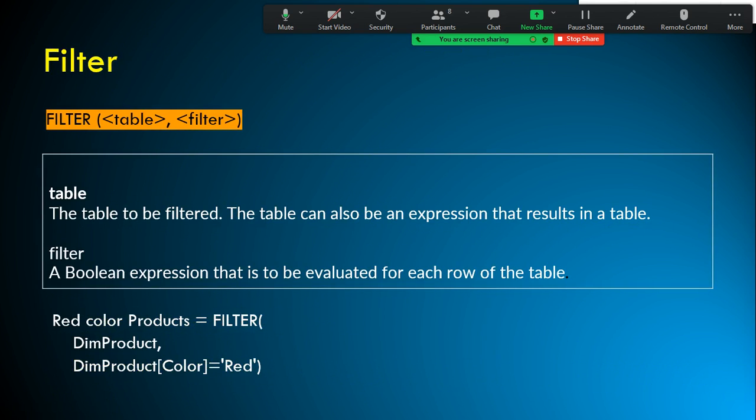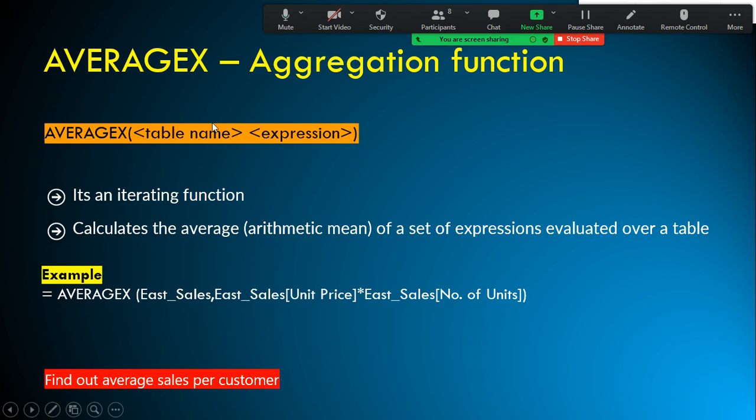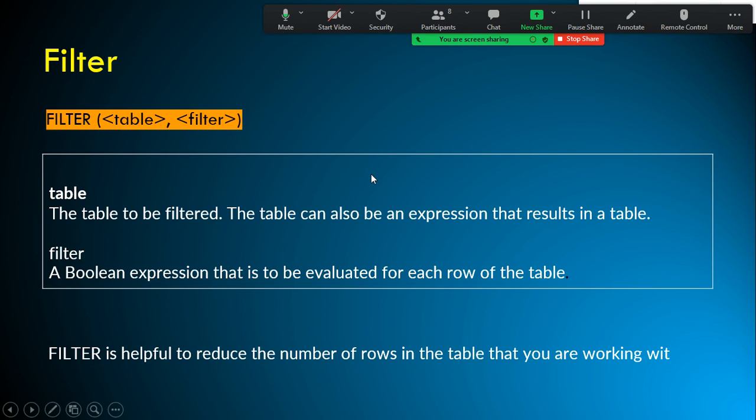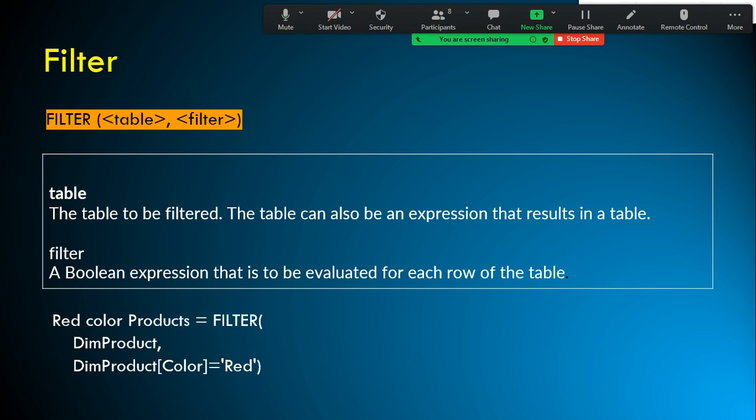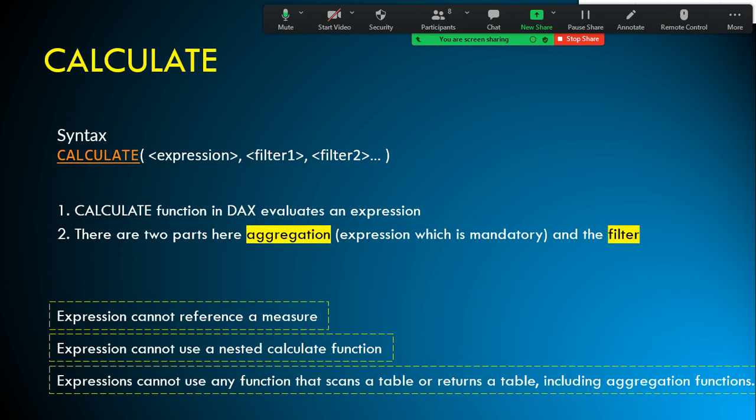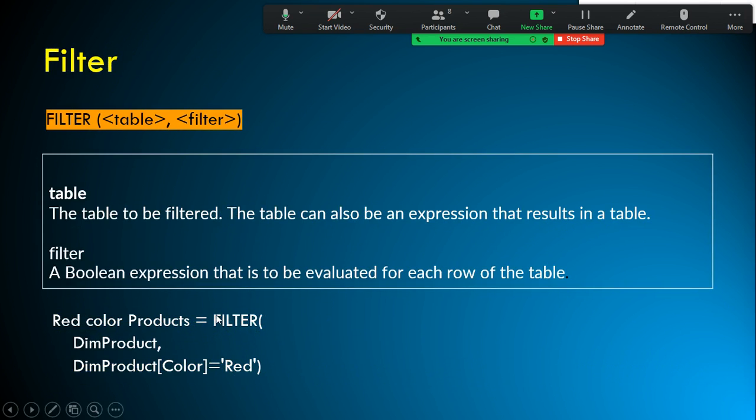Supposing you wanted to, for example, here, right? In this case, instead of using a table name, here an expression, right? Okay, we have something called the calculate function. With the calculate function, we use the filter function more frequently, to change the filter context. Okay, to modify the filter context, you can use a filter function. And also if you want to filter based on some business logic, for example this kind of filter, you can store it in a table like this.